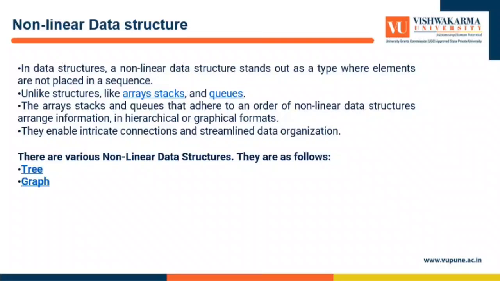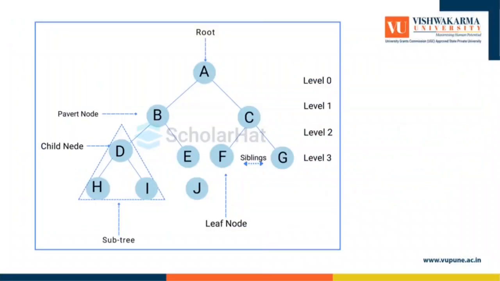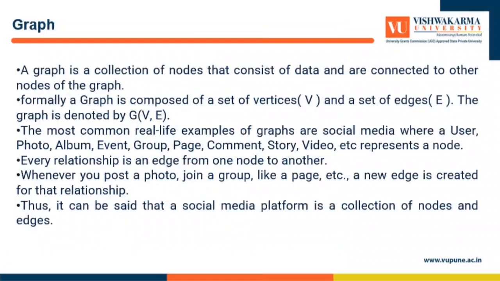There are various non-linear data structures. They are as follows: tree and graphs. The tree is formed entirely of various nodes and is a non-linear data structure. The following is a diagram which is a representation of a tree. So, a graph is a collection of nodes that consist of data and are connected